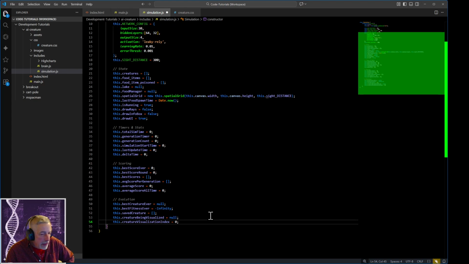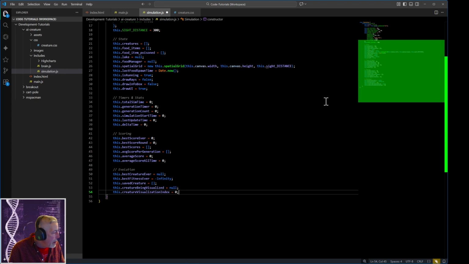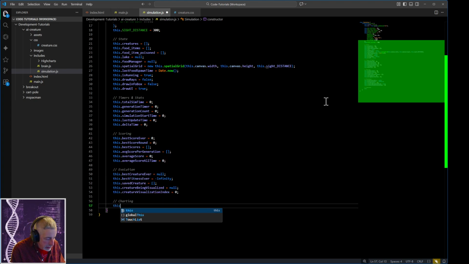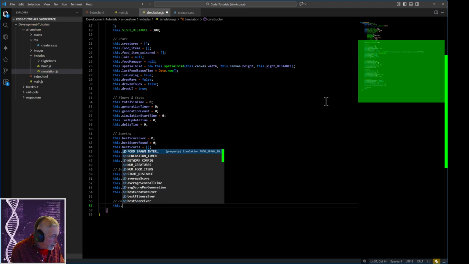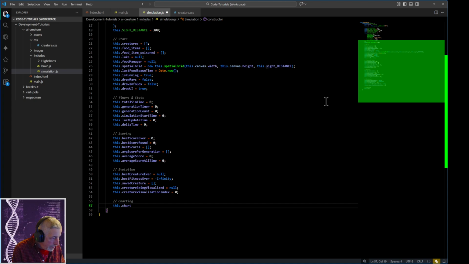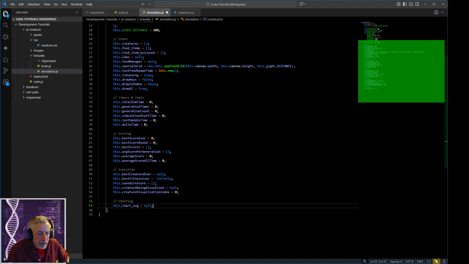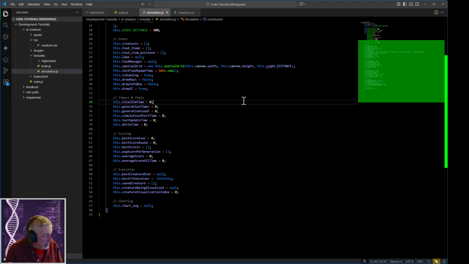A couple more. Okay, average score for the chart. Okay, that might be good for those for the moment. Let's see. All right, so I'm just going to save this file